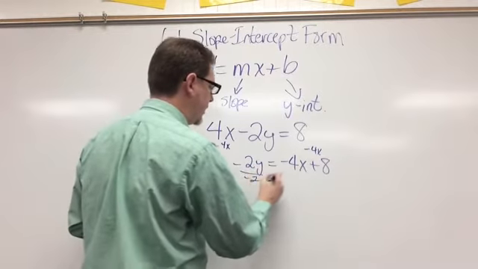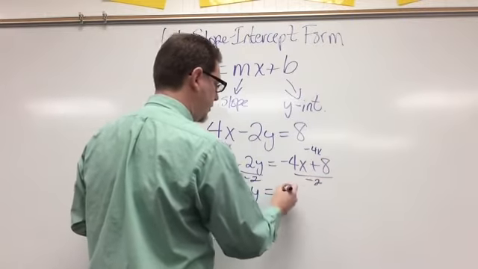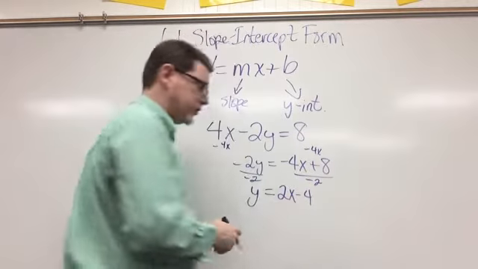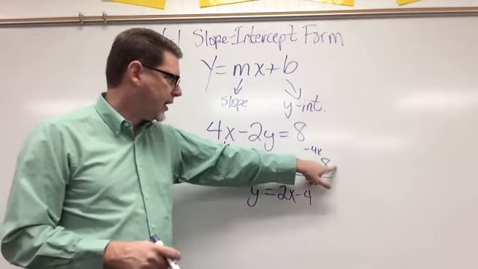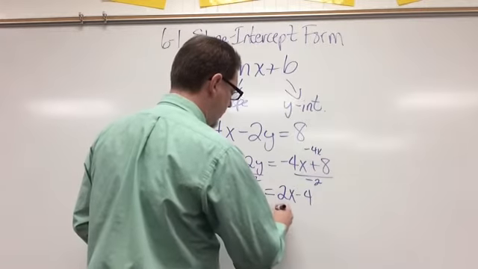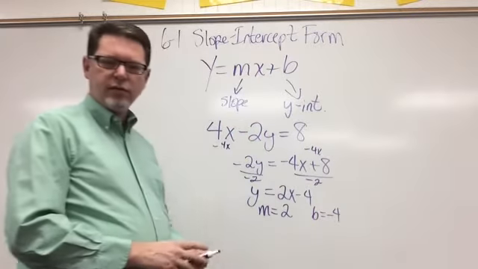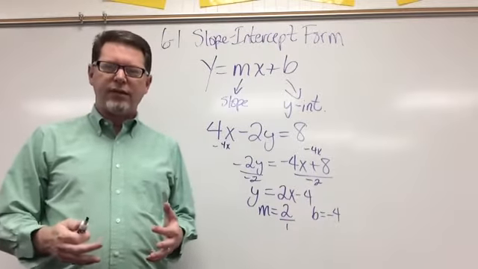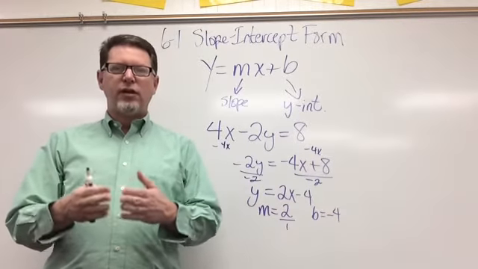Now I'm going to divide everything by -2, and that leaves y equals -4 divided by -2 is positive 2x, and 8 divided by -2 is -4. And so now my slope is positive 2, and my y-intercept is -4. And once again, with that slope, you might want to put it over 1 to have that rise over run for when we graph these later. So anytime you're given an equation and they ask you for it in slope-intercept form, you have to get y